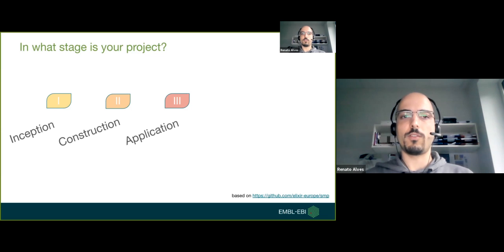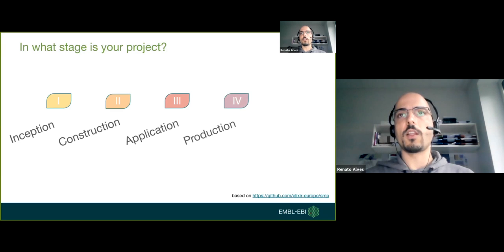So for instance, as Brice mentioned before, there was this 0.01 version of the snake format tool, and there's also some initial quality assessment of your tool. Then in a later stage, you have production. So this means that you already have a stable software. You perhaps already have it even working in real world situations, in HPC clusters or something of that sort, and you're already considering how to make it more scalable, how to make it more accessible, more available to other people and